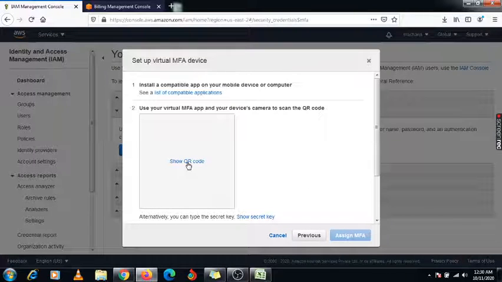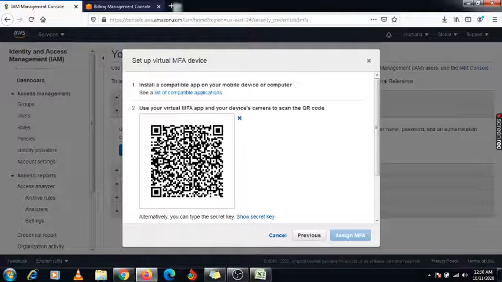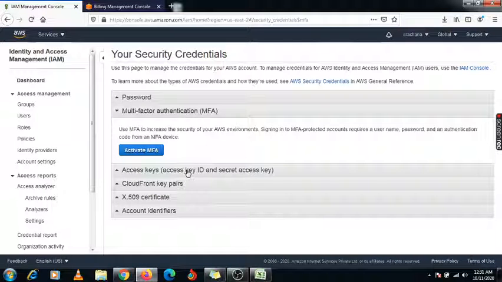Now I am showing this QR code, just click on it. Once you scan it, it will reflect here, assigning MFA using that device. So using that device, if you want to secure your IAM user account, you can enable this MFA account, right? So using this option you can create your MFA account.